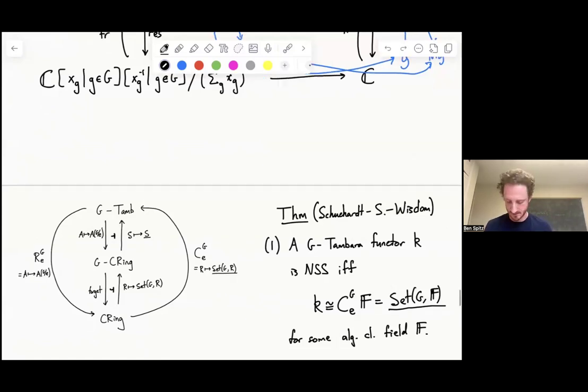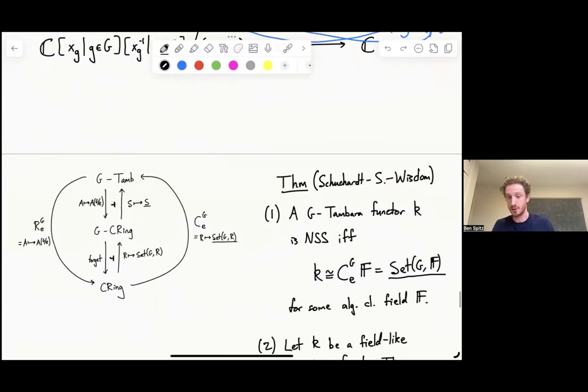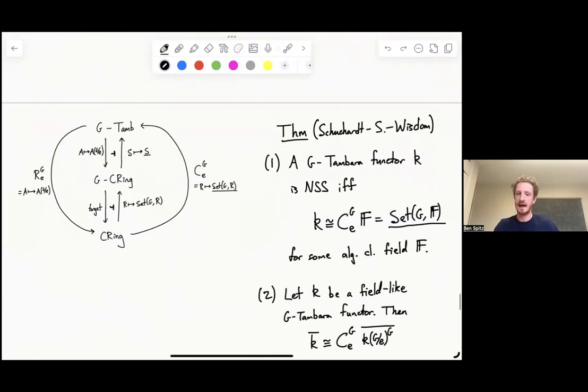And so this also lets us classify what the algebraic closures of fields are. So if I have a Tambara functor which is a field, meaning that morphisms to things that are not the zero ring are always injective, or in other words, I have exactly one proper ideal and it is the zero ideal. That's one way to say that. Okay, I have a field in the category of Tambara functors.